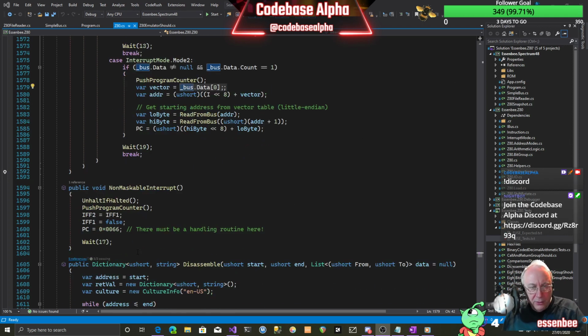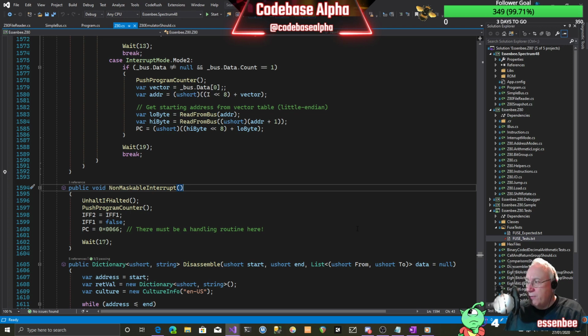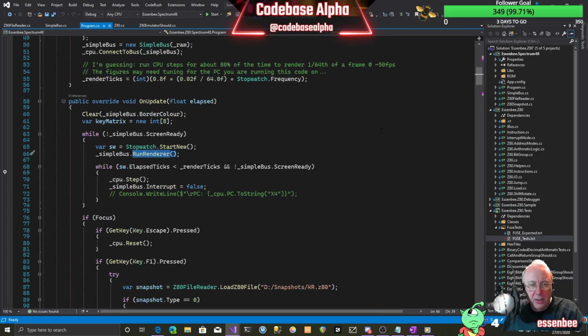And I say here we have the non-maskable interrupt. I haven't done anything with it, so nothing in our emulation generates this. That's something I've got to investigate, because there is code in our Spectrum ROM for handling non-maskable interrupts, and I need to figure out how and when those are generated. Okay, if we go back over here,